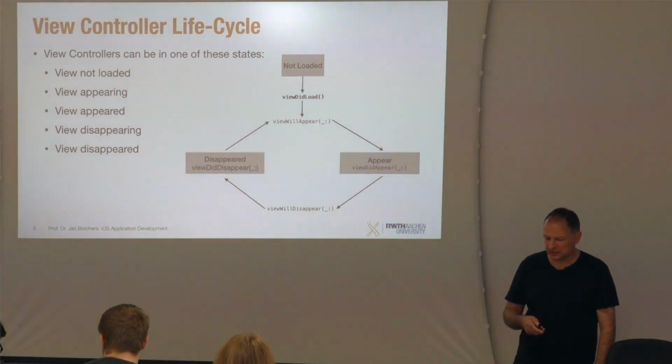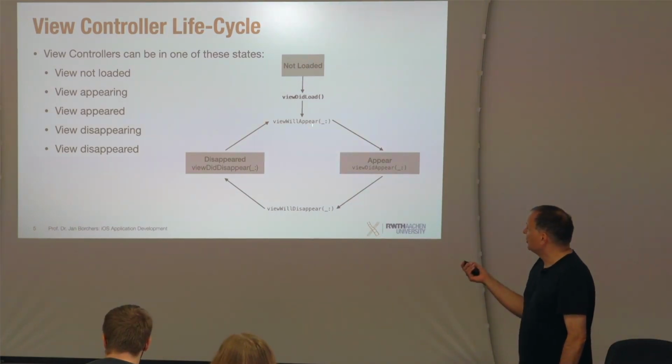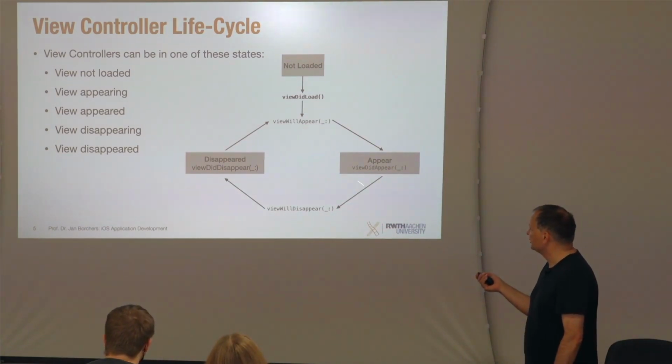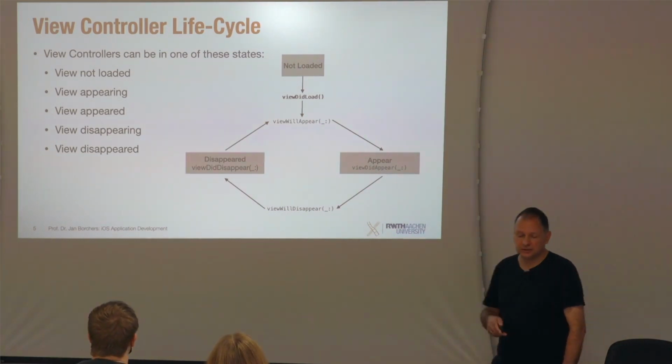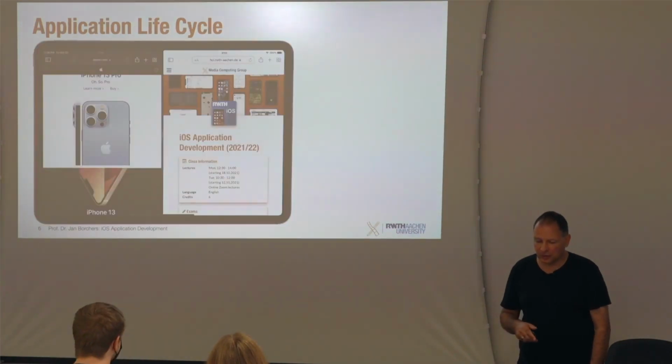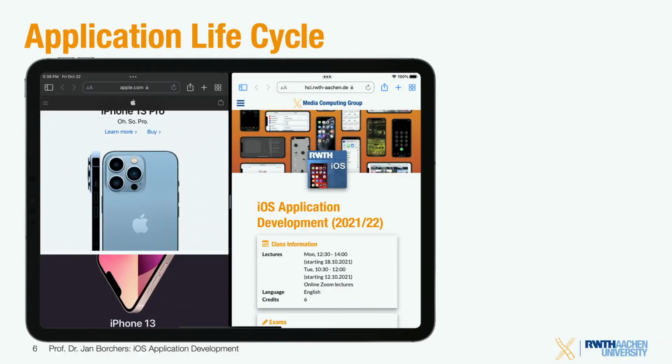Now let's look at what the application lifecycle is. And notice that all these things are called view did this and this and this, but they're all actually things that define the state of the view controller, right? Now we have the whole application lifecycle that basically defines what state your app is in. And here is something interesting that has been going on